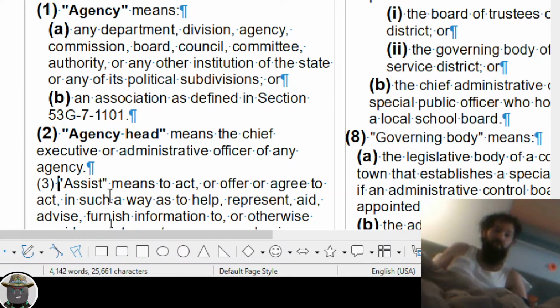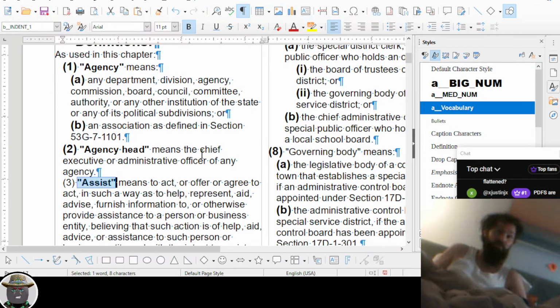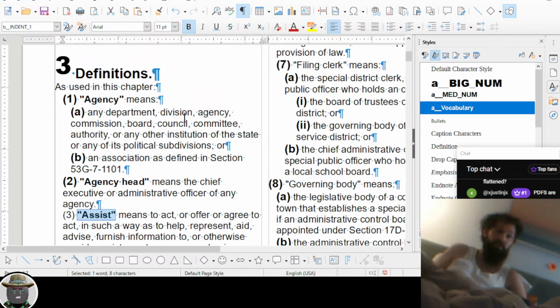Well, why would I do that? Why wouldn't I just press Control B? Wouldn't that be easier? Yeah, it would be easier just to press Control B. But then if I want to go back later and change it, it makes it more difficult. So if I want to change all three of these vocabulary words here,